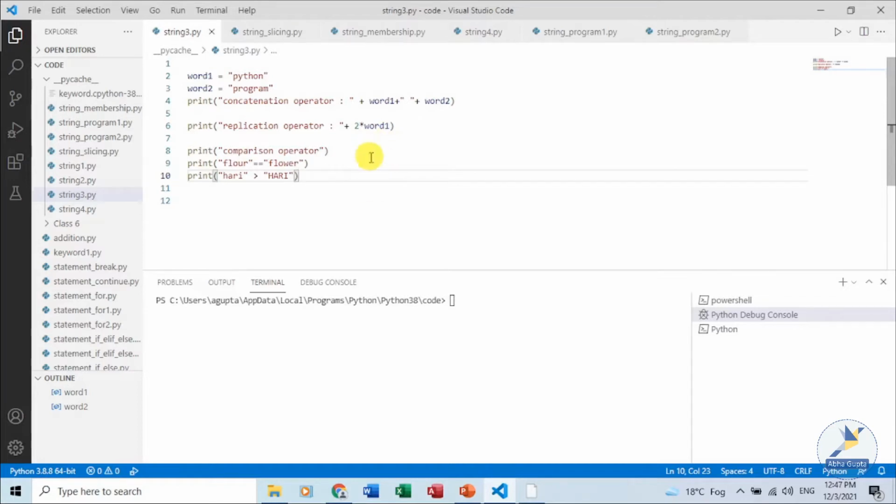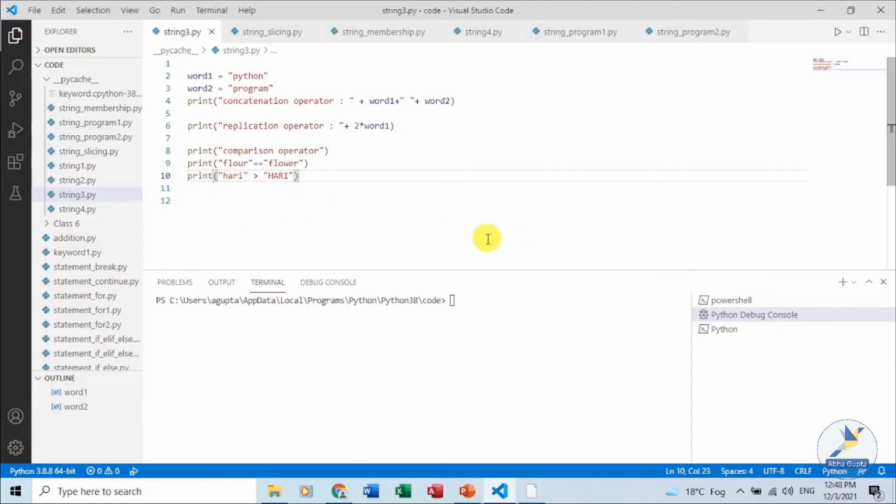Comparison operators can be used to compare two strings. As you can see in this example, we are using the equality operator and the greater than operator. Python compares strings using the ASCII value of the characters. We are trying to see whether these two values are equal, and here we are trying to see whether small hari is greater than capital Hari or not.